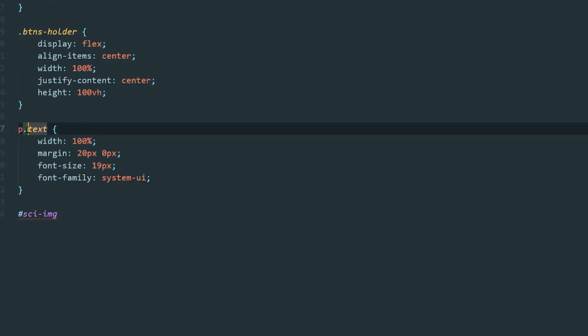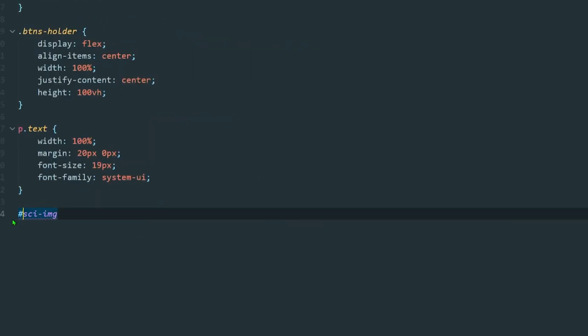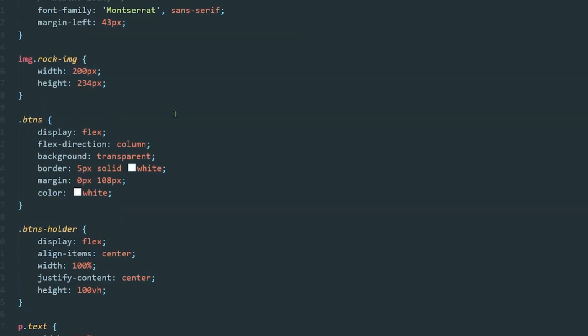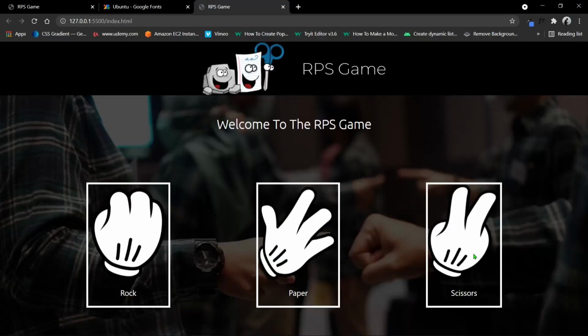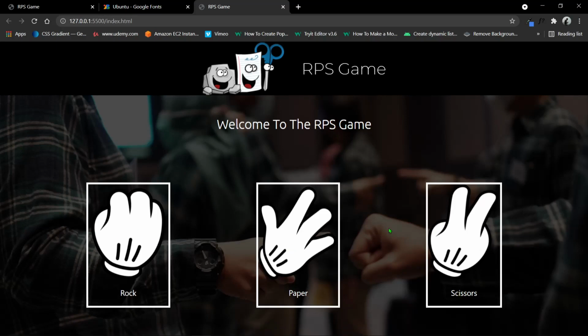Now you will say sometimes we use dot, sometimes we use hashtag. If you are giving an ID, then we use hashtag, and when you are using a class, then you give a dot. Okay, so over here we will type width. Let me see the width of the normal. Width is 200 pixels, so we need to set it a bit less. Let's say 180 pixel. If we see, 180 pixel is looking pretty good, and I think this is enough for the designing part.